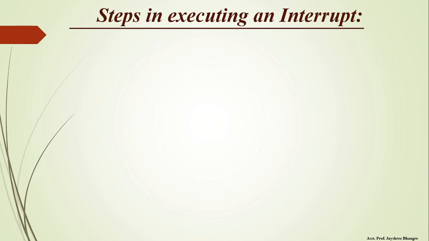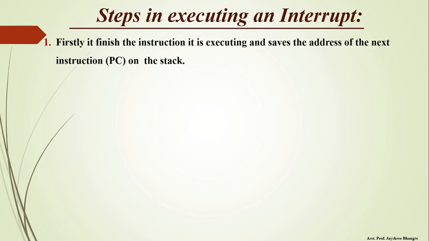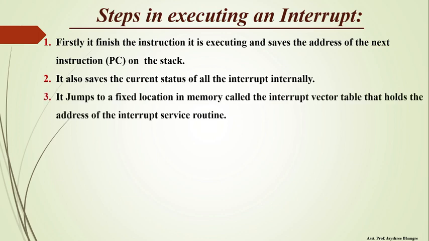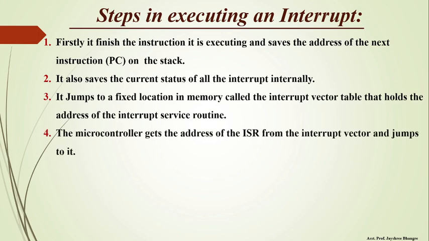So here are the steps in executing an interrupt. When the microcontroller is interrupted by any device, firstly it finishes the instruction it is executing and saves the address of the next instruction, that is in the PC, on the stack. It also saves the current status of all the interrupts internally. Then it jumps to a fixed location in memory called the interrupt vector table that holds the address of the interrupt service routine. So the microcontroller gets the address of that ISR from the interrupt vector and jumps to